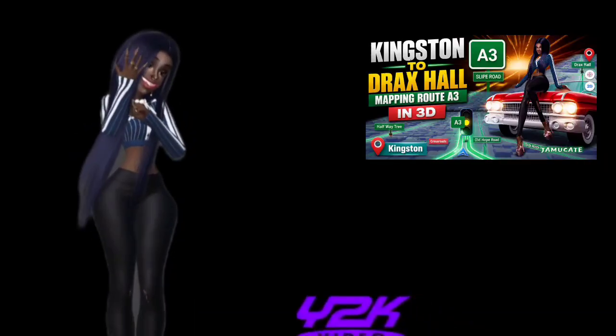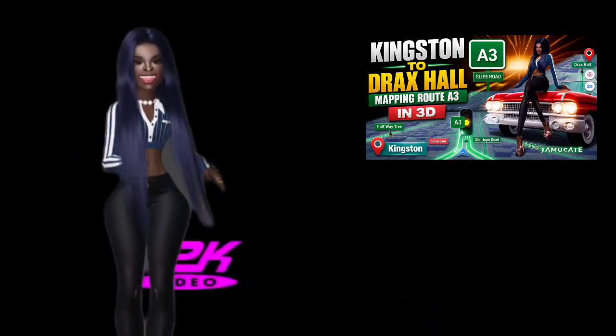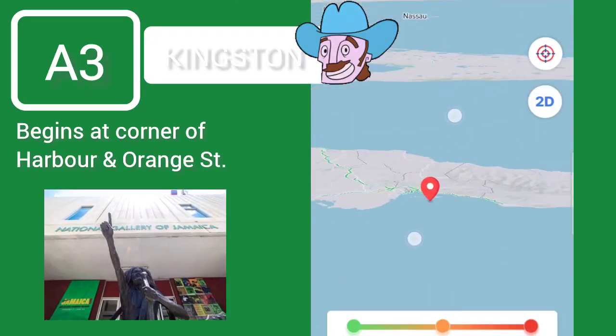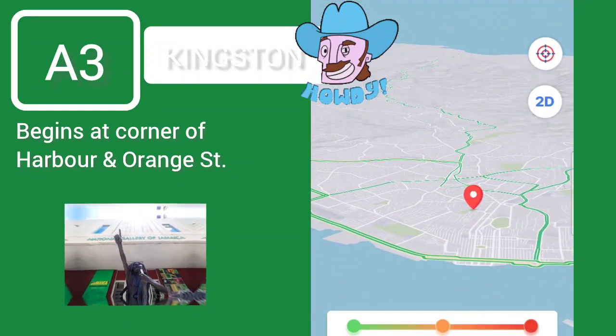Okay, so now you get the drift of what this roadway is all about and everything about it. It's now time for the mapping, so let's go. Okay, so here we are zooming down into Kingston. We are going to start